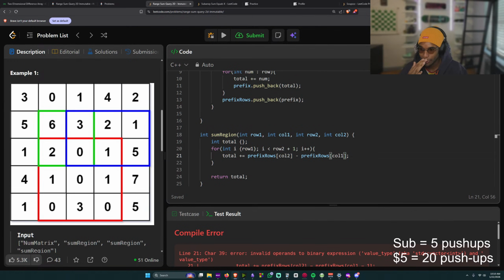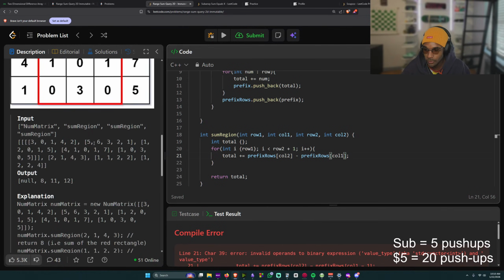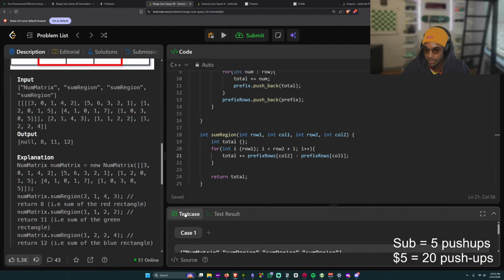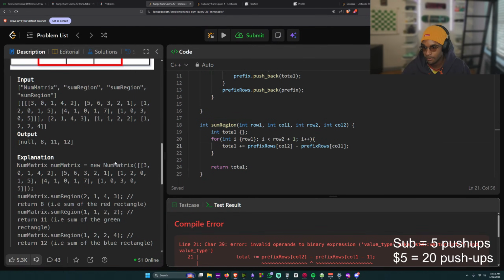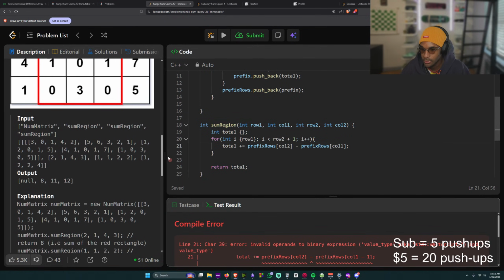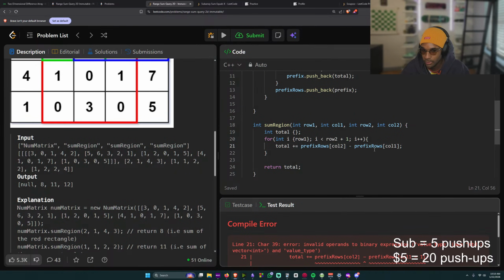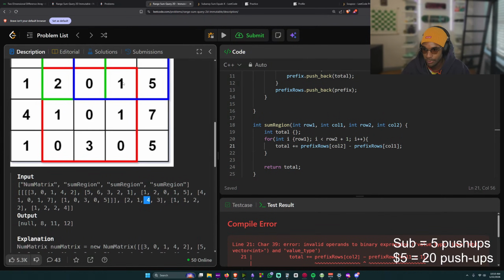Okay, there's the issue now. There's a slight issue. It's going out of bounds, I think. So we need to go prefix rows at column 2. Obviously, that's 4. So whatever the prefix is here, and we need to subtract. And we're starting at column 1.